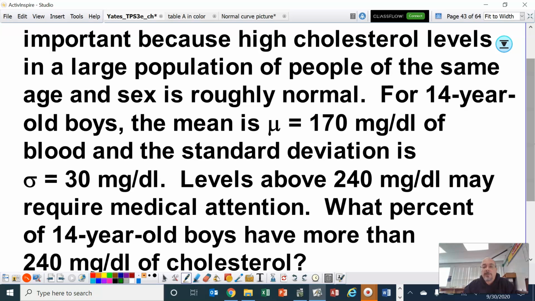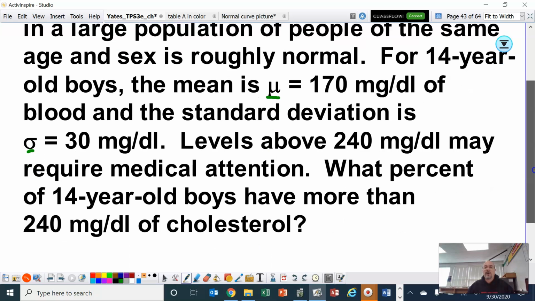Now notice, ladies and gentlemen, they're using the parameter mean, the population mean, and standard deviation because it's talking about all of the boys. It's not a sample, it's talking about all of them. Levels above 240 milligrams may require